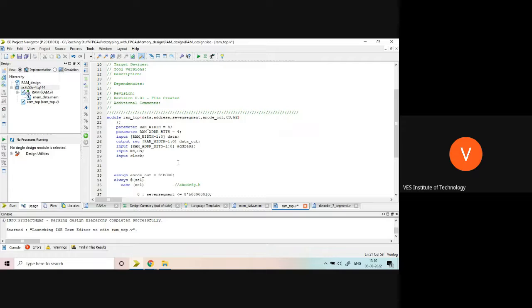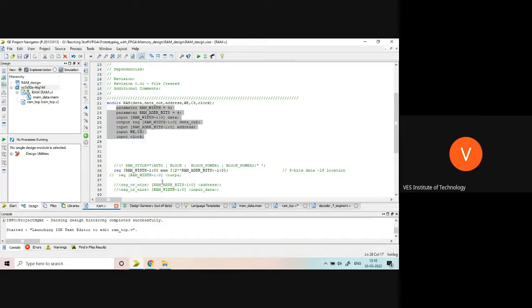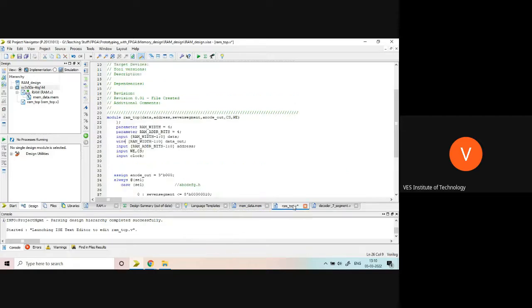Okay. Now here I have to create data out, instead of output, I have to call it a wire. Why is it a wire? Because we are instantiating this RAM module into the RAM top. Okay. So I'm writing RAM. What is the name of my module?